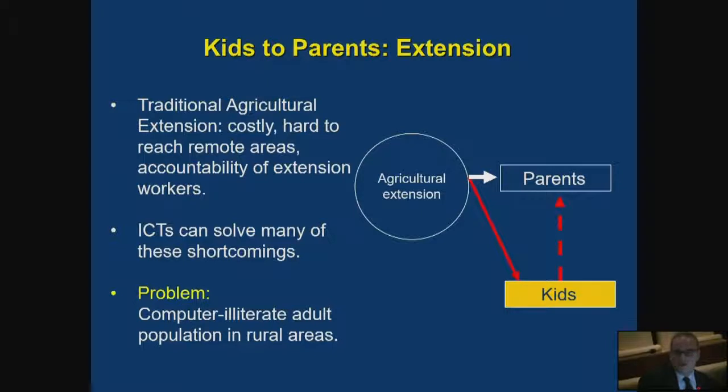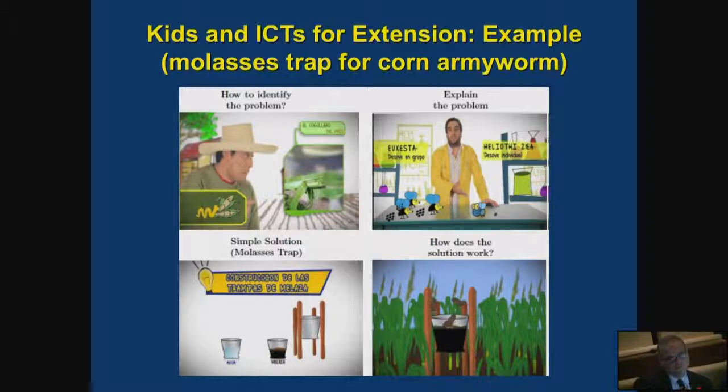So basically, we went to the plots of the kids, we identified problems, and we gave them very simple solutions through videos to the kids in a randomized way to assure causality, and then we tested how much that information reached the parents and how much the teachers were able to teach. These are the types of videos. This is for the fall armyworm in corn, which is a common problem, very simple to resolve, a molasses trap, any kid can do it, but they can also teach their parents how to do it. Extensionists have failed massively in resolving this problem. It's all around in Africa, it's around in Latin America, in Central America.